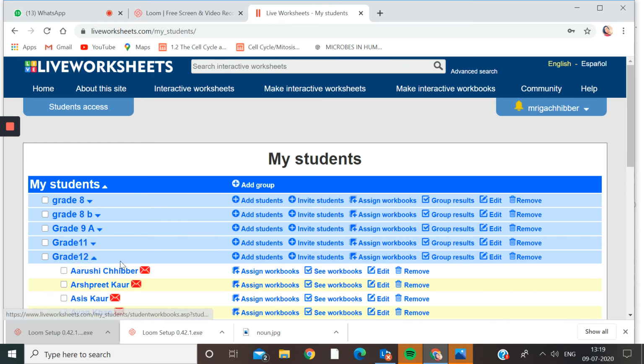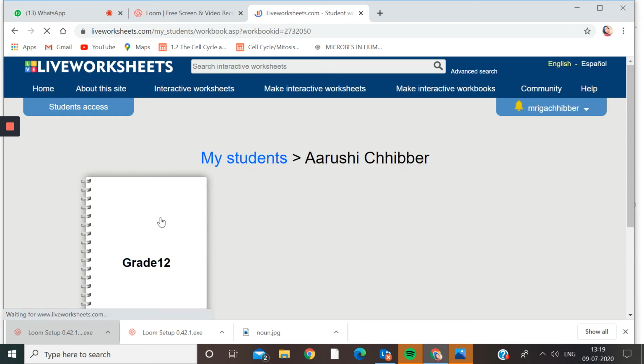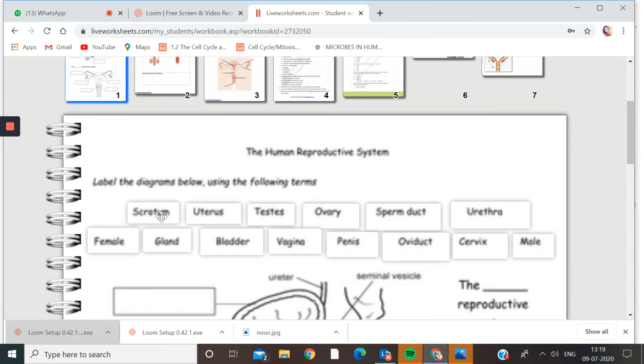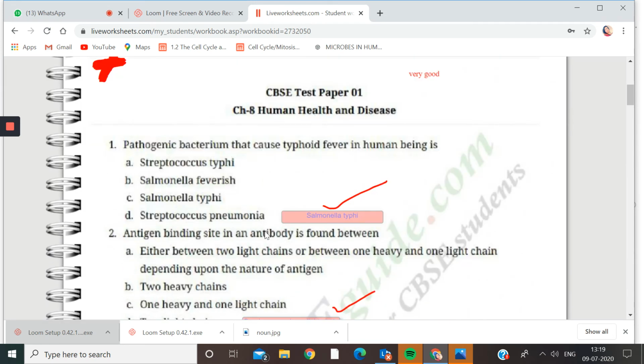Let me show you in class 12. There was a worksheet. Now what I gave them in class 12 was this worksheet, and the answer is correct, Salmonella typhi. But why is the computer not taking it as a correct answer? Because the T of typhi, they had taken as small. Or maybe the child is writing the full answer and they have only taken C as an option. The computer wants only C, but the answer is correct.